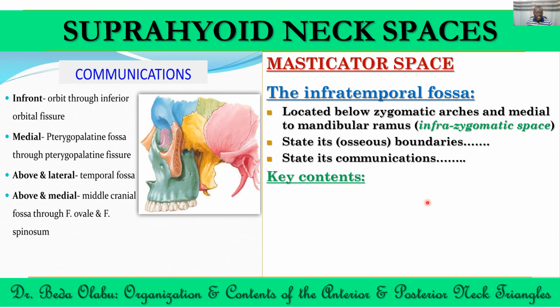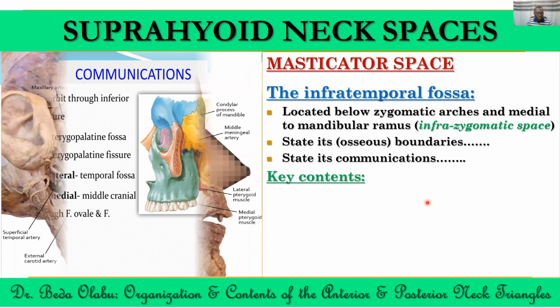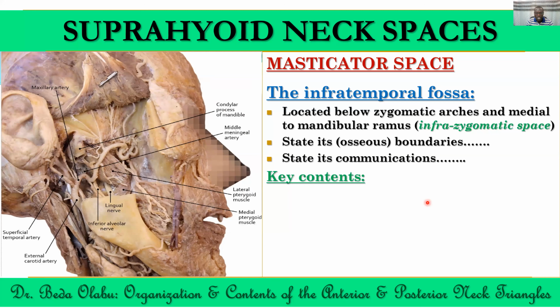What are the key contents of the infratemporal fossa? The infratemporal fossa houses the following. It houses the medial and the lateral pterygoid musculature. So the medial pterygoid muscle inserts onto the angle of the mandible medially. Its contraction will cause closing of the mouth. It elevates the mandible. The lateral pterygoid muscle, on the other hand, inserts onto the condylar process and